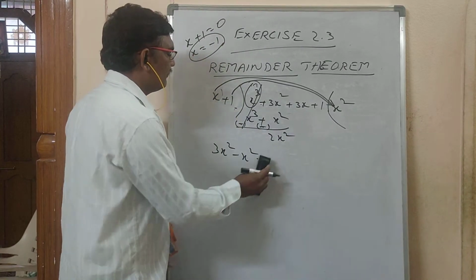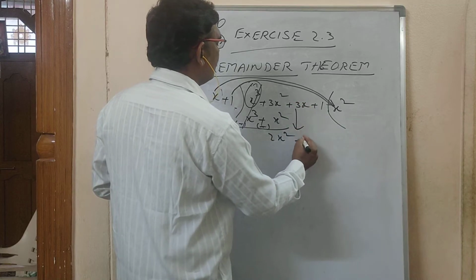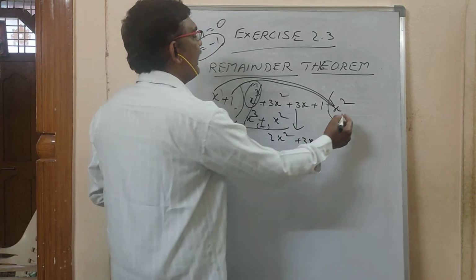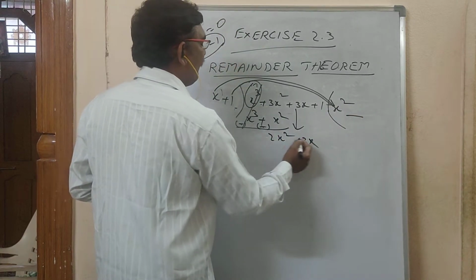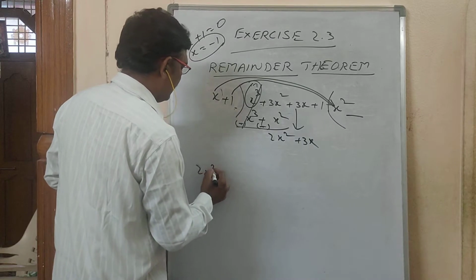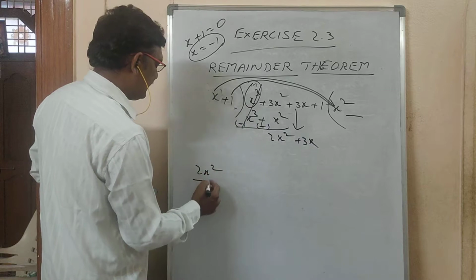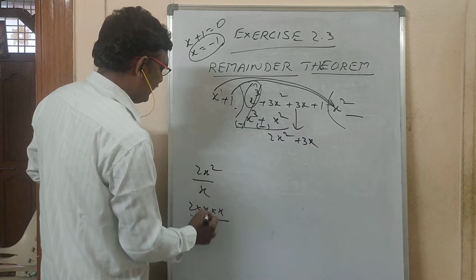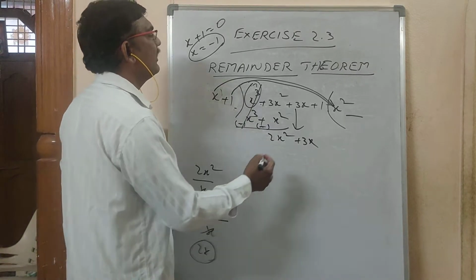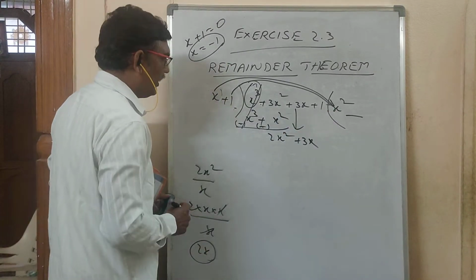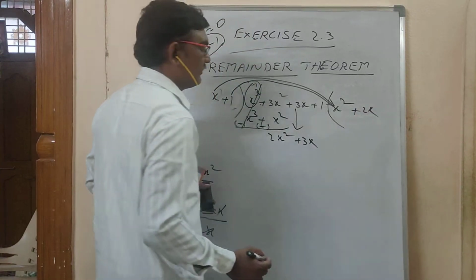Okay. Now the next term, take down 3x. Again I have to write some number here. How will I get this number? Here the first term is 2x square, and here the first term is x. 2 as it is. x square I can write as x into x. Down, 1x is there, cancel it. What I got is 2x. So before 2x no symbol means plus, I have to write here plus 2x.